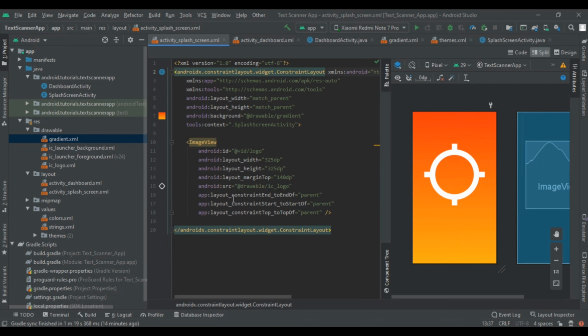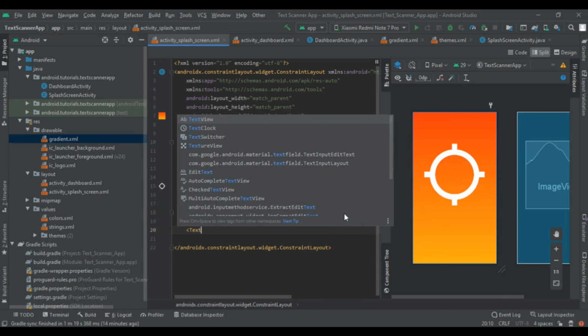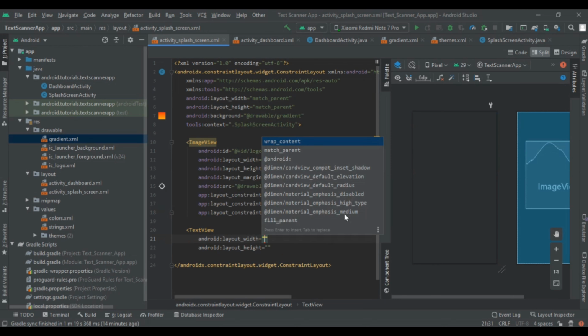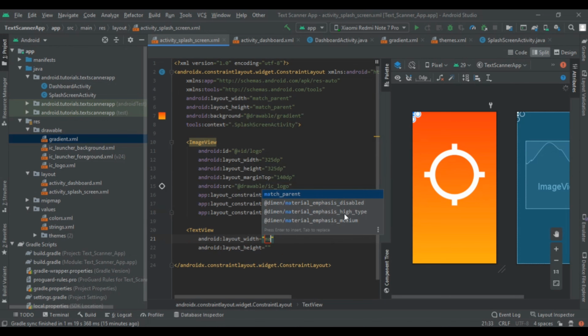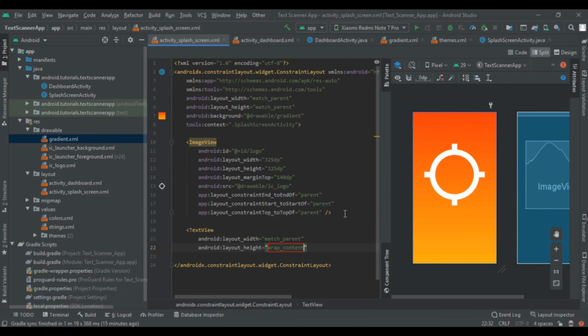Now we are going to add a text view to our application. Its width will be match parent and height will be wrap content, and give its text as text scanner app.